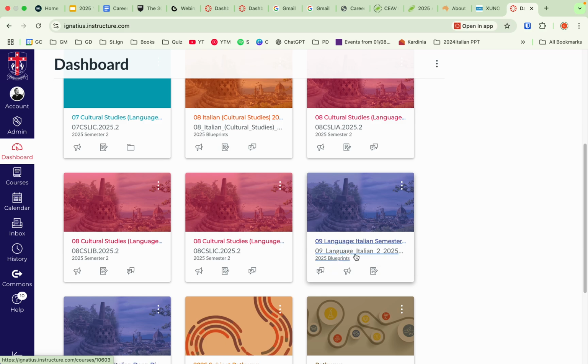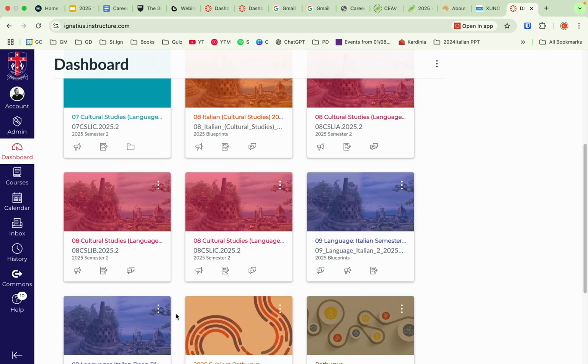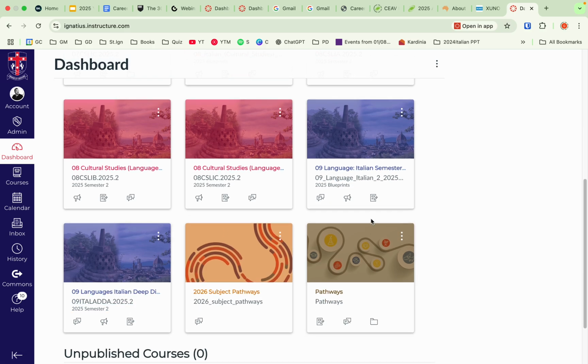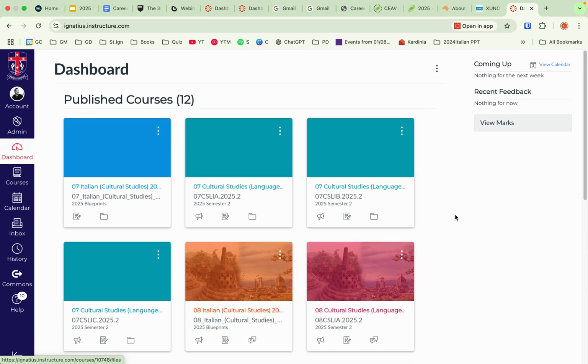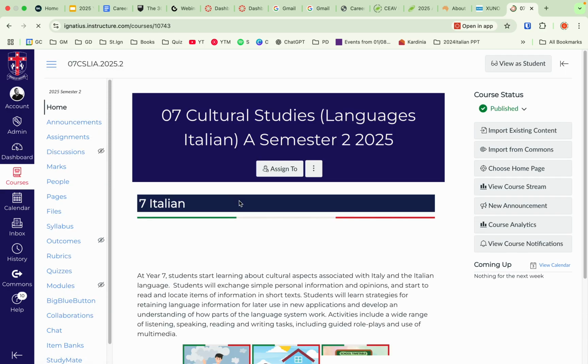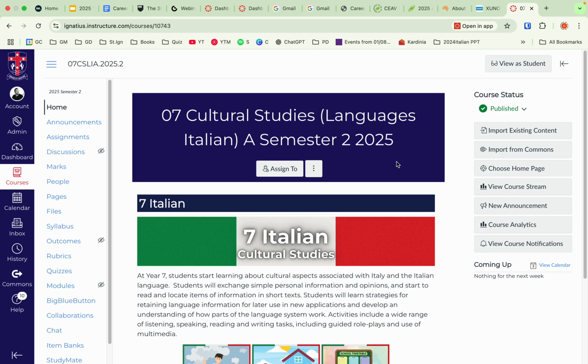Here at the bottom, there's also Year 9. I do have multiple tiles because I'm in the teacher's view. However, I'm going to use this class, which is Year 7 Cultural Studies, Italian language, just as a sample to present you the learning environment. So clicking on the right tile and